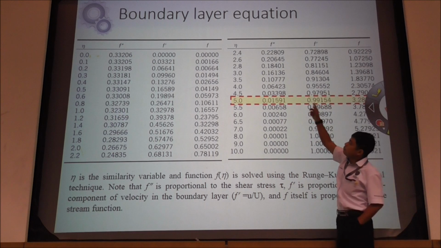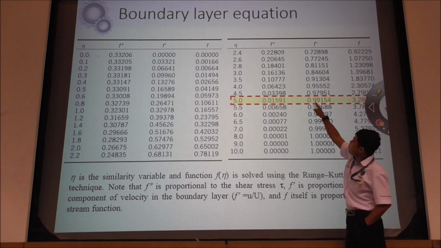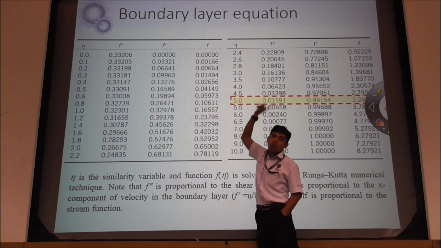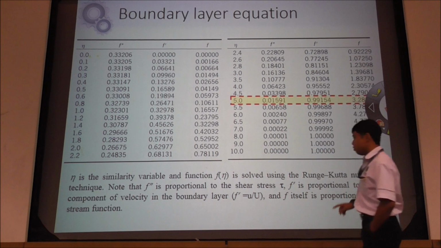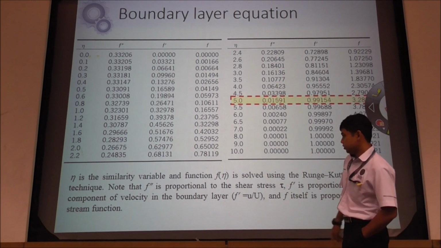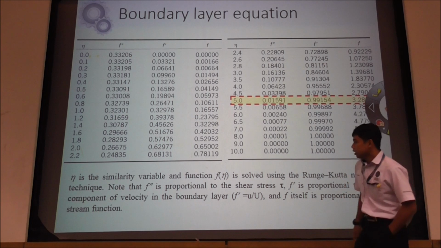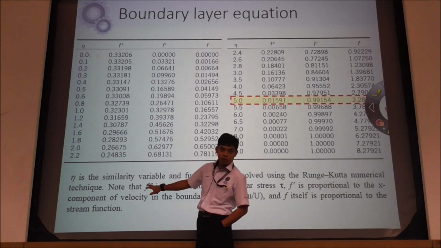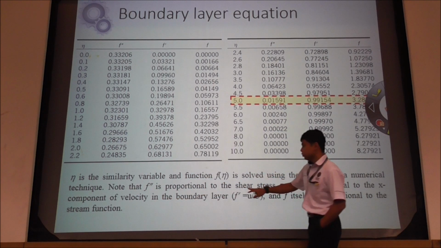But if you want to get 0.9999, you need to reduce it, and then you get 4.91. It gives you 0.99. It's not there. So now you can see here that F double prime is proportional to the shear